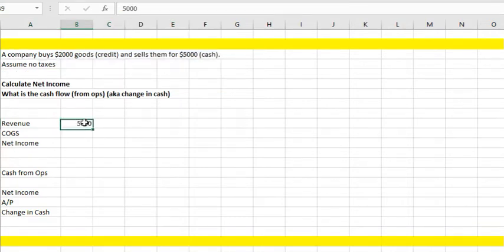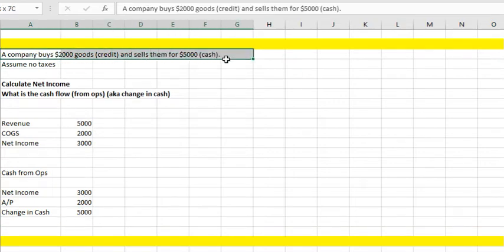Revenue is going to be $5,000, and the cost of goods sold, regardless whether it's credit or cash based, is still going to be $2,000. So our net income is not changing. Since we are starting with net income, we are going to start with $3,000. And in this case, our accounts payable is increasing in the amount of $2,000. Any increase in current liabilities is going to be added back. So when we add that back, we find out that the change in cash is going to be $5,000,